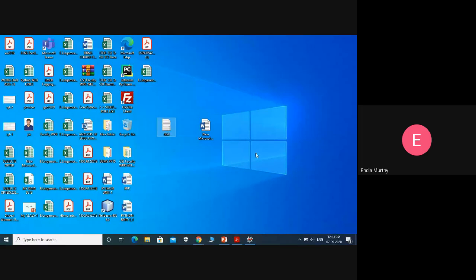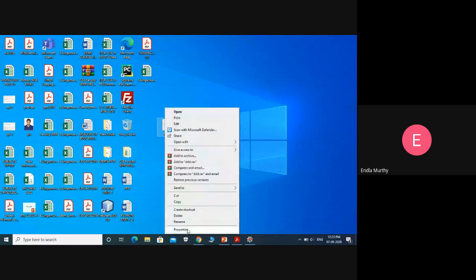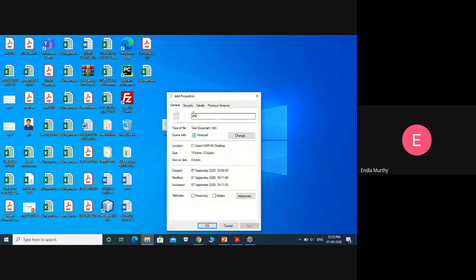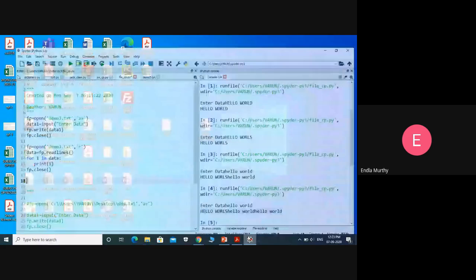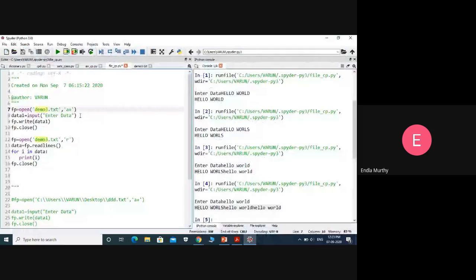If you want to access the file from the desktop, first I need the location address, where we actually have that file. Control C. If you observe, that file name is triple D, and here we need to provide that particular file address completely, right? And one more thing: here we only have a single backslash, but here we need to have double slashes. Okay, remember that. Otherwise you may get some error.